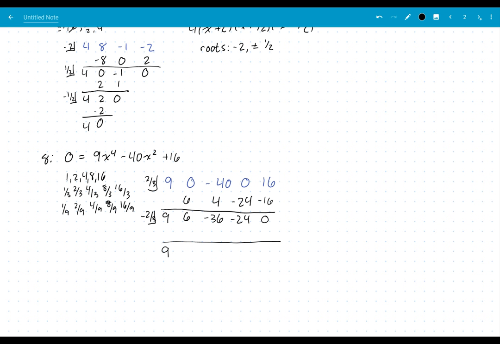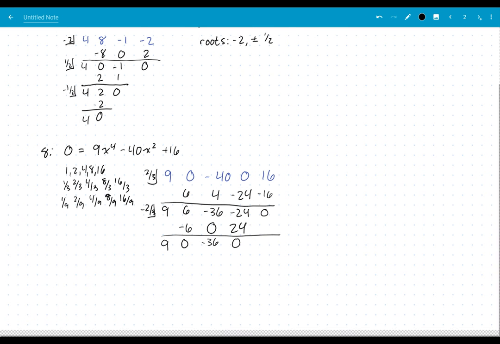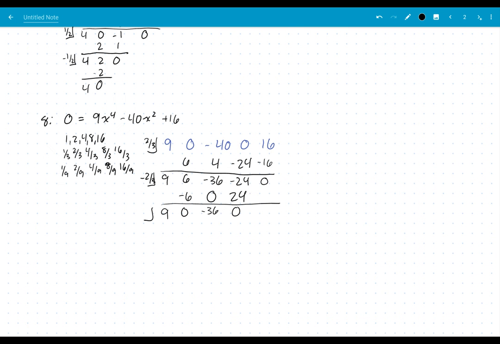And then we get 9. And then negative 6. 6 minus 6 is 0. 0 here. Negative 36. And then negative 36 times negative 2/3 is 24. And we get 0. All right. Now the last one, or not necessarily the last one, but the one that we're going to do right now,